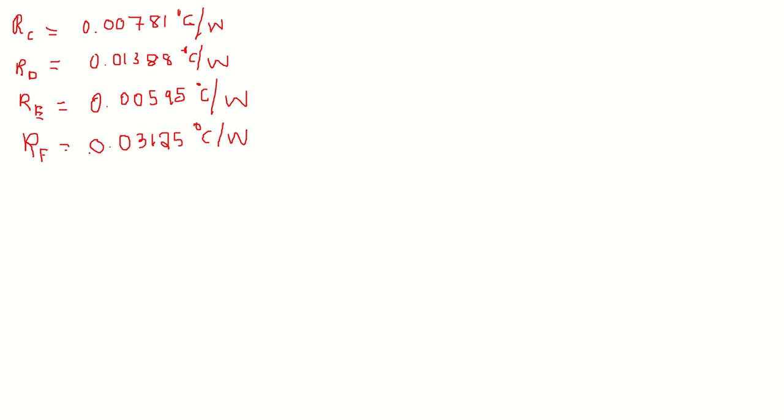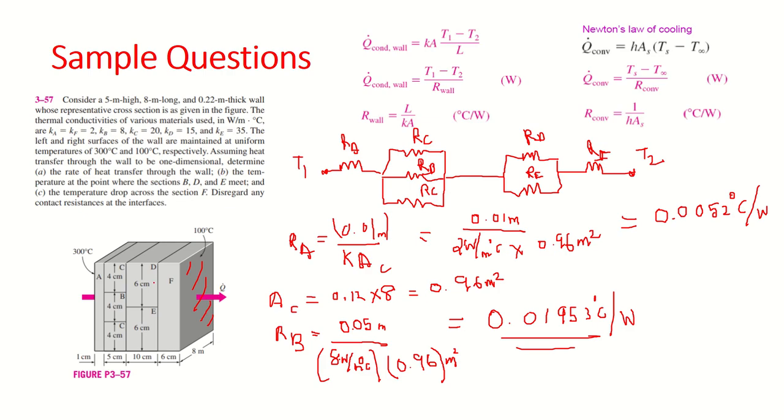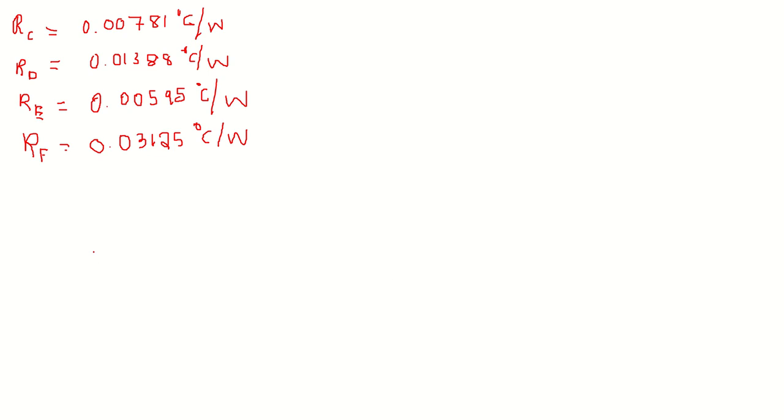Okay, so now after that what we will do, we found all individual resistances, right? We initially have what? We have a series connection. Then we are having a parallel connection over here. Again a parallel connection, right? We have seen over here, and RF is a series. Next step is to find R total.